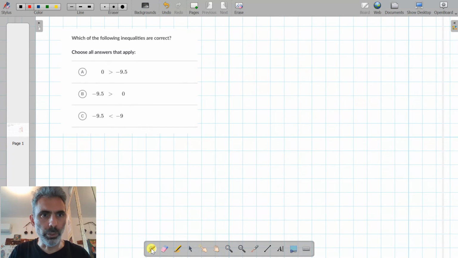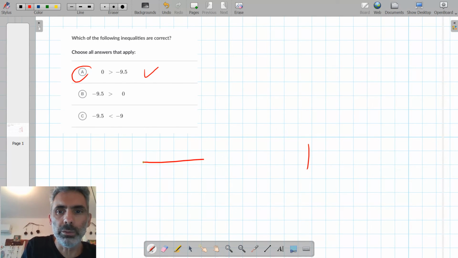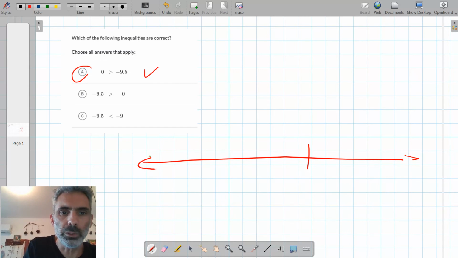Which of the following inequalities are correct? Choose all answers that apply. A. 0 is greater than negative 9.5. That is correct, because on the number line, of course, 0 is to the right of negative 9.5,